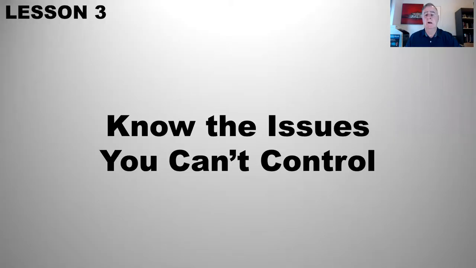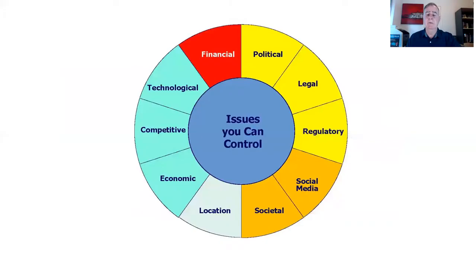Number 3, know the issues you can't control. These are those environmental issues that will impact on your project. I've talked about some of the ones with the pyramid of how you can control them. But now we're going to look at the pyramid. Inside this are issues you can control. Outside of there are issues that can impact on your development without you being able to